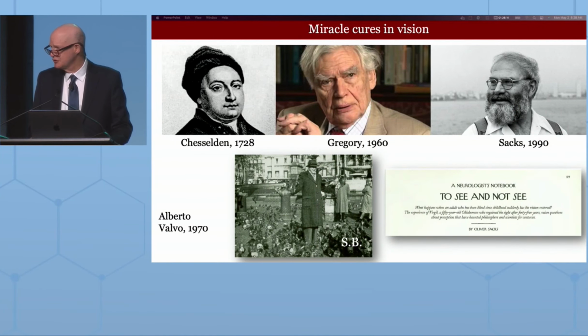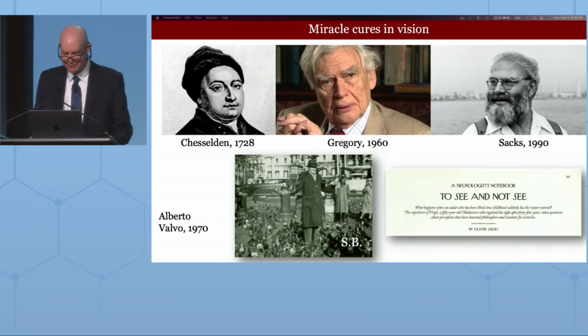There was one kind of interesting case that showed up where, in these cases, I've shown you that if you are born and early and it develops in a way that's quite unusual, you can learn to see. There are also in our field something that I find fascinating, these so-called miracle cures. And these are cases in which maybe you have a disruption at birth and you don't see very well, and then later in adulthood there's a piece of technology that fixes nominally what it is that was problematic when you were first born. And these are long-standing.